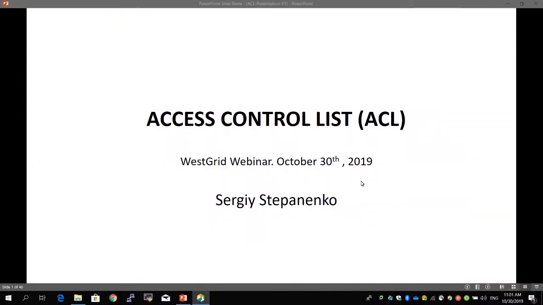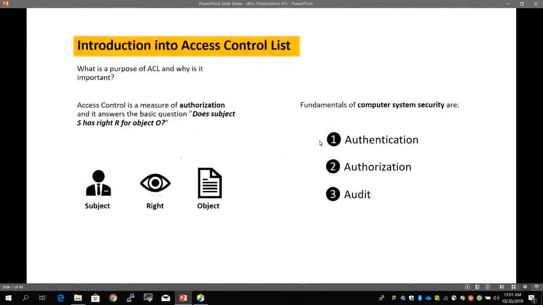So let me start with a very brief introduction into access control lists and what their purpose is, what they're supposed to solve. Access control is authorization, one of the components of basic computer system security. The three components of computer system security are authentication, authorization, and audit. Access control is the measure of authorization, and it essentially answers the question,